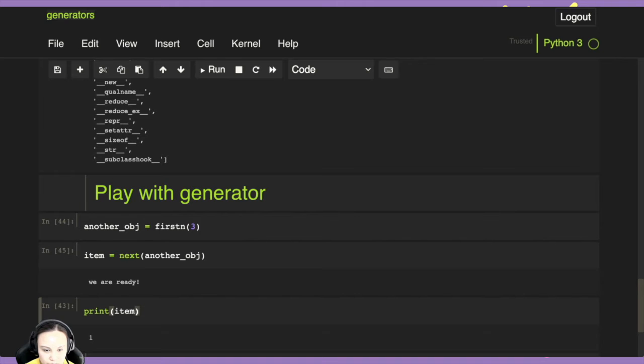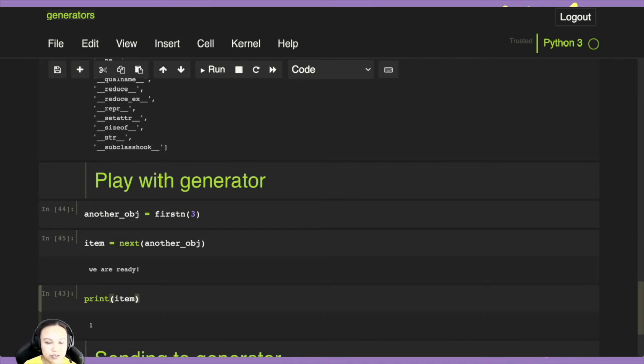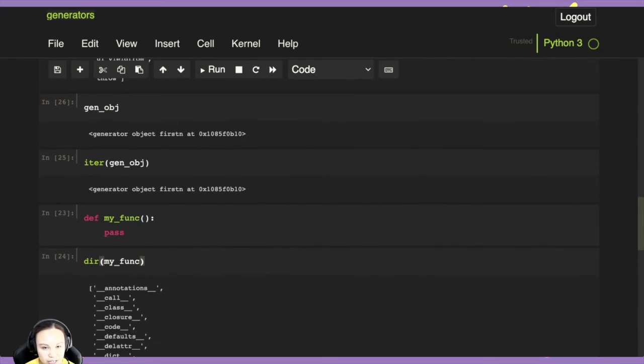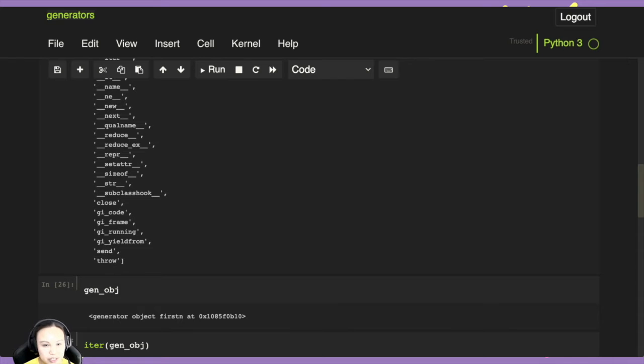So let's create another one. Here you can see that it's different, because what is happening is that we created it, but it's not executed yet. Remember, we created it and are not executing it. So when we call next, it got executed. But the item we don't print out like before, because before in the for loop we just printed it out, right? So this time,